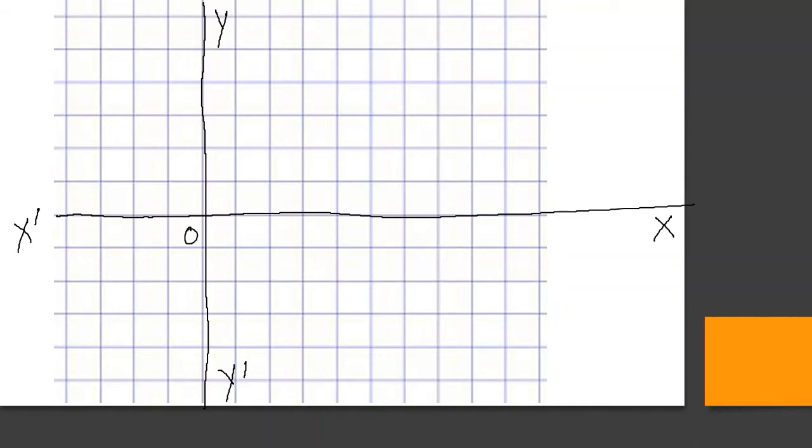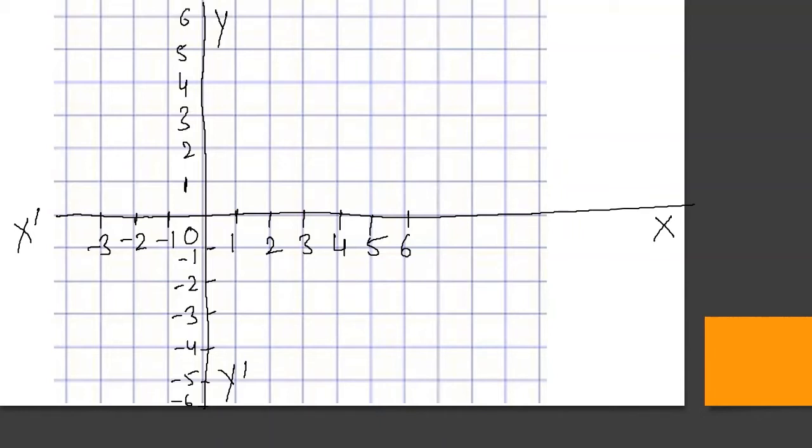Here this is the origin 0, my 1, and this is 2, this is 3, 4, 5, 6. I took the scale of unit 1 only, so it will not be problematic for you to draw the graph. You will understand nicely. 5 here, and the last value will be minus. Okay, and here I will write 1, 2, 3, 4, 5 and 6.